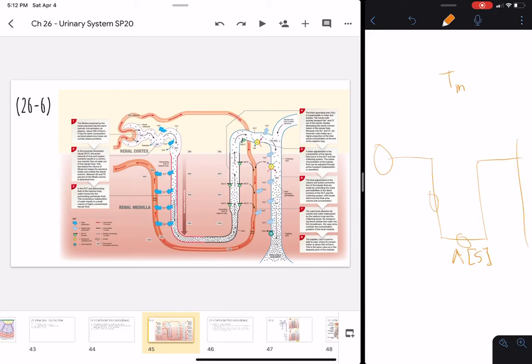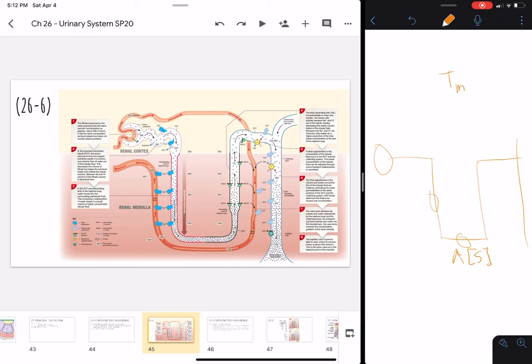Versus the juxtamedullary nephrons, those are the ones that have a vasa recta, and that's the specialized blood supply in the nephron loop. And now we need to talk about why that is and why it even has a specialized name. The juxtamedullary nephrons are going to be deeper in the medulla, and if we're deeper in the medulla, that means we have an even higher solute concentration surrounding us. So the medulla is a really hypertonic space. There's lots of solutes in that area